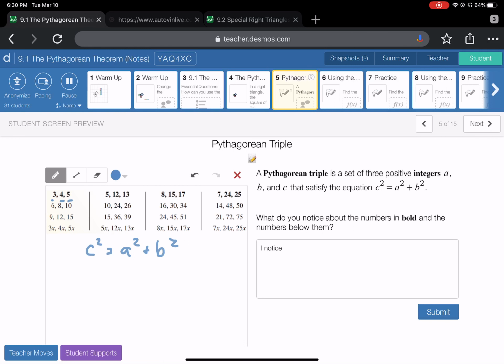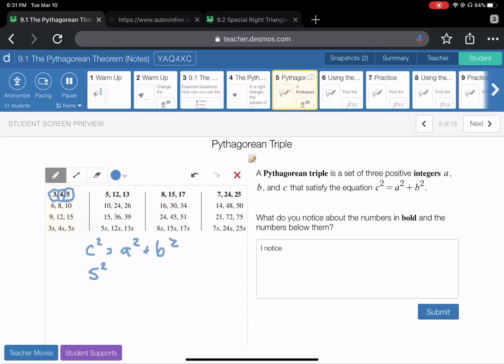For example, if I substitute 3, 4, and 5 for a, b, and c, a is always the smallest number, b is the middle number, and c is always the largest number. So if I substitute these values in, c is the largest number, which in this case is 5,